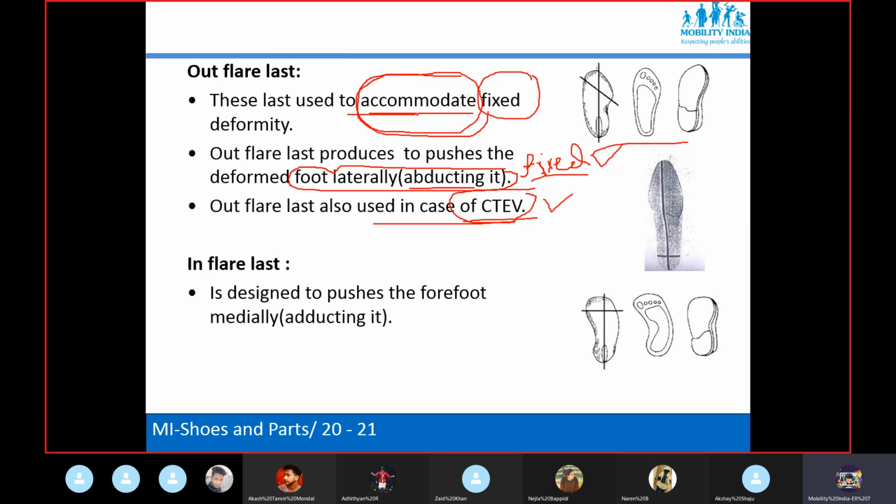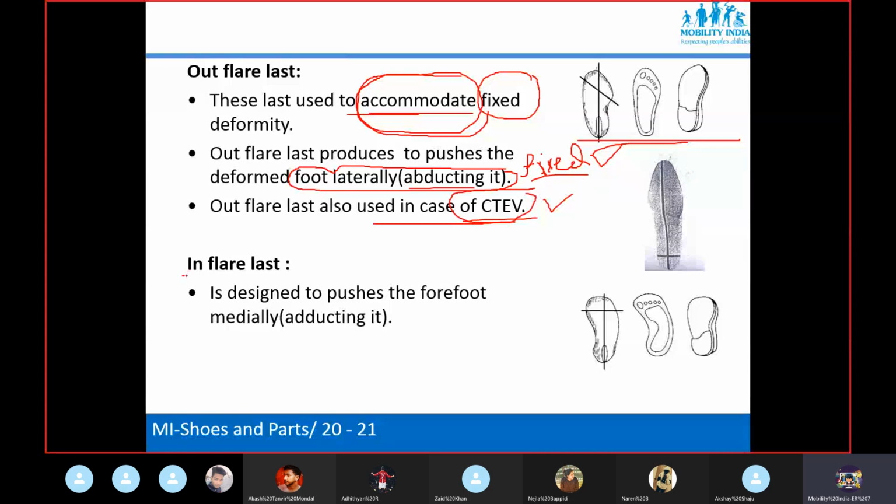So these two terminologies are always used in orthotics, fixed and flexible. If fixed, the objective is to accommodate. If flexible, our objective is to correct the deformity. But here in both cases we are using an out flare shoe last. Clear? Yes, sir.